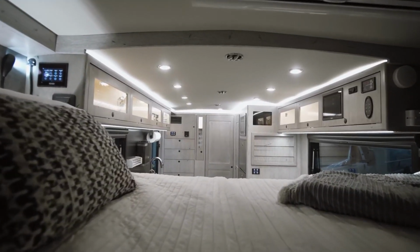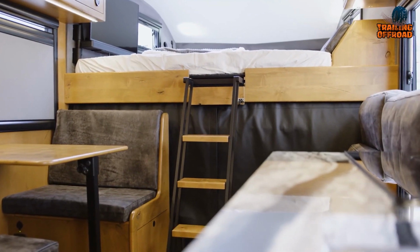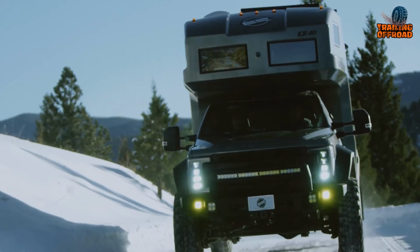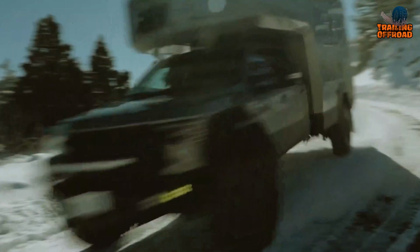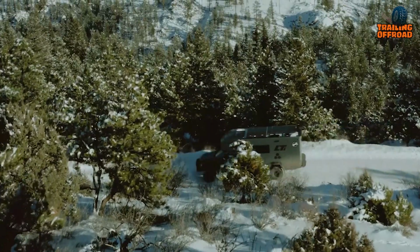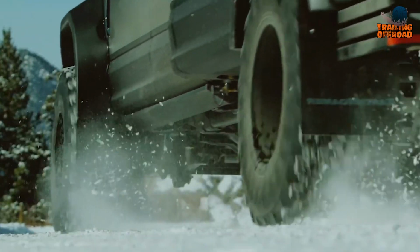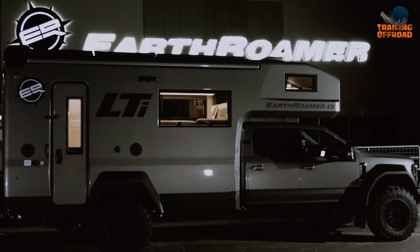However, it would be better if there were any customizable options available, like color, interior, or adding any other features. And due to its huge size, we face some restrictions on regulations in certain areas. Despite the use of carbon fiber, it is still heavy, but the wooden furnishings and 100 gallons of fresh water are not light either. Ultimately, the decision of whether or not to buy the Earthroamer LTi comes down to what